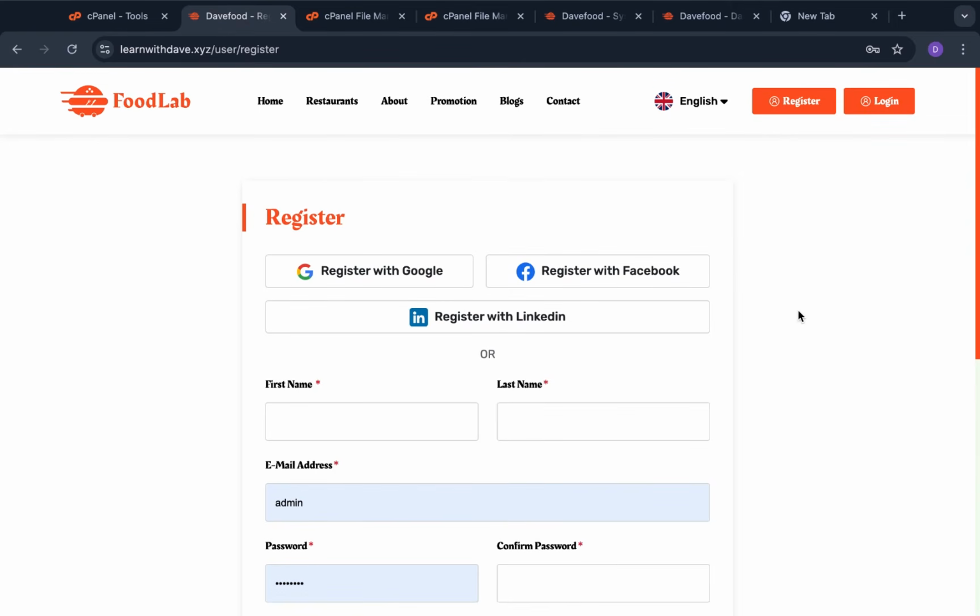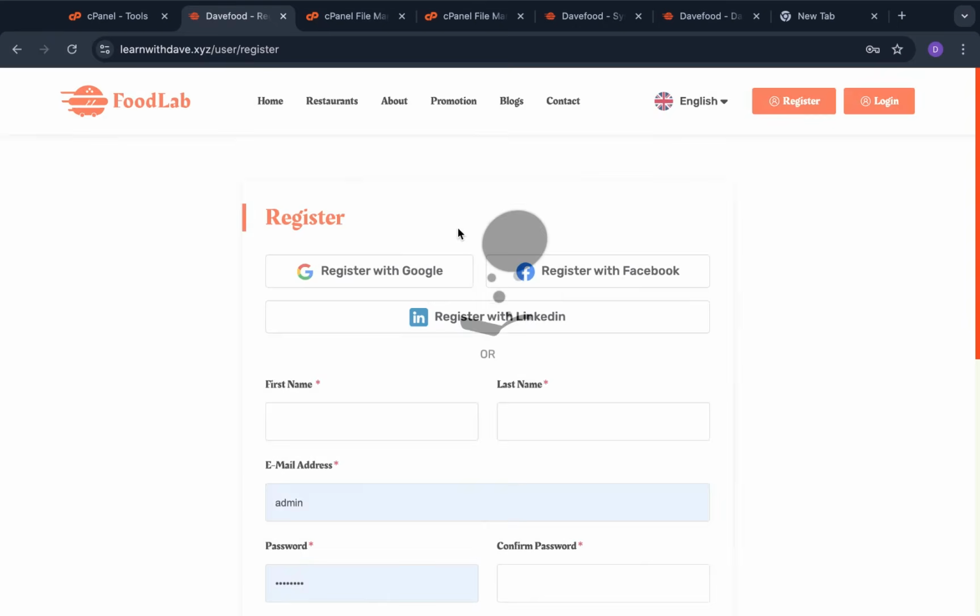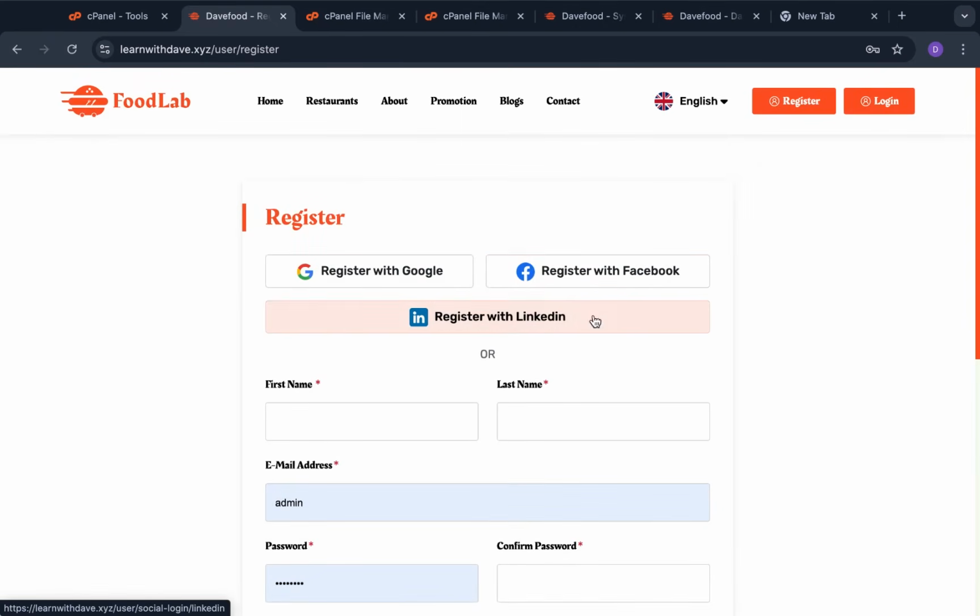I'm not going to create one. And if they already have an existing account, they can go ahead and log in. Now they still have the option of using these authentication providers. However, if you don't have that set up for Google, LinkedIn, and Facebook, you can go ahead and